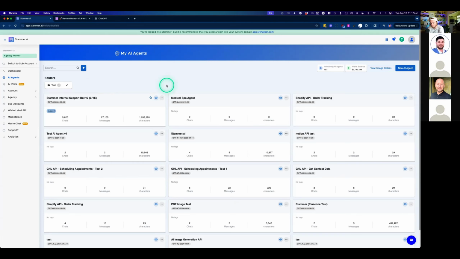So right now with chat, you're setting a static price per message. With voice, it's going to be a percentage margin that you add. So for example, if we're charging the agencies 13 cents per minute,